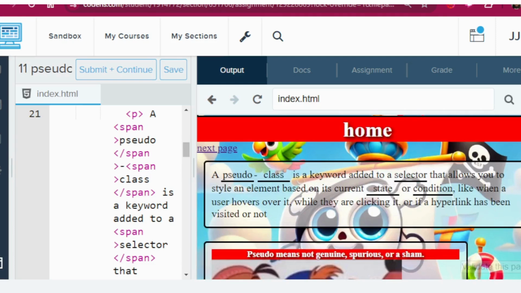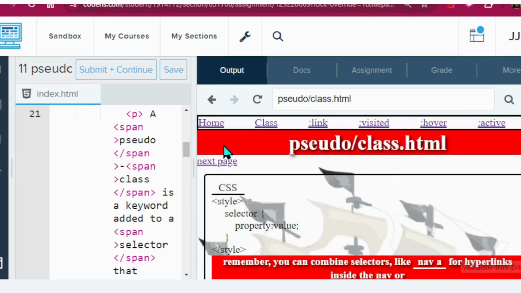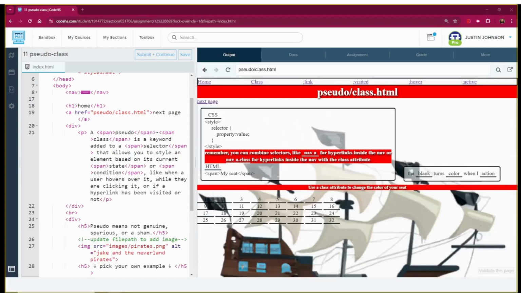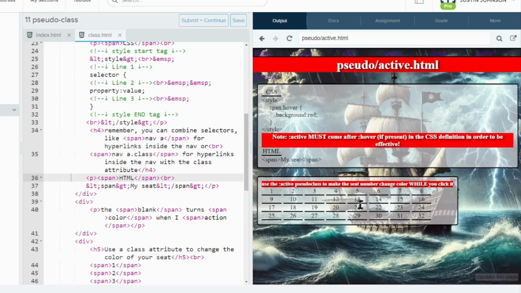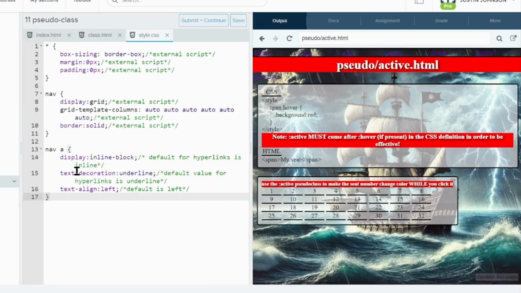So now click on this link here or click on that link that says next page. Now this one is for classes. This is a review. We've already done class attributes before, but we just want to practice that again. So here's what we're going to do. Oh, I'm on index. Let me jump over to class. All right, actually, you know what? Let's do this. Let's go to our style sheet, and